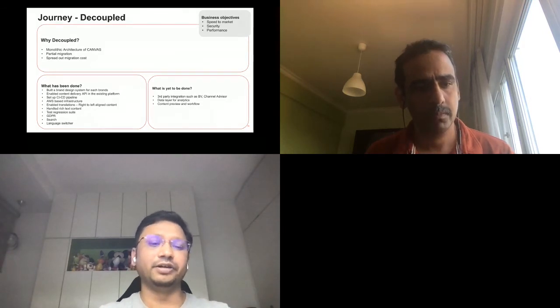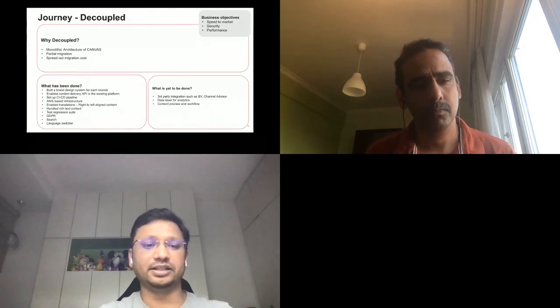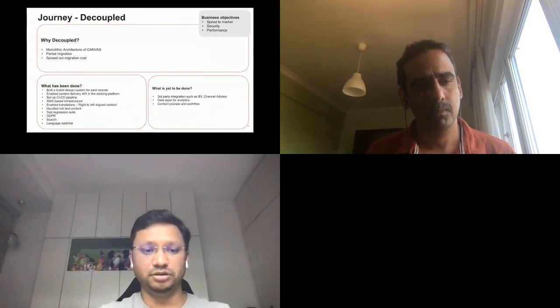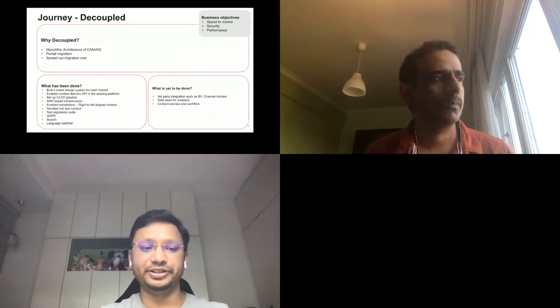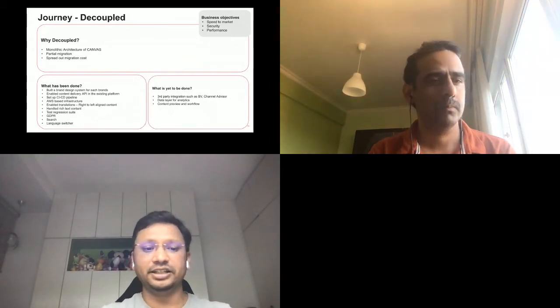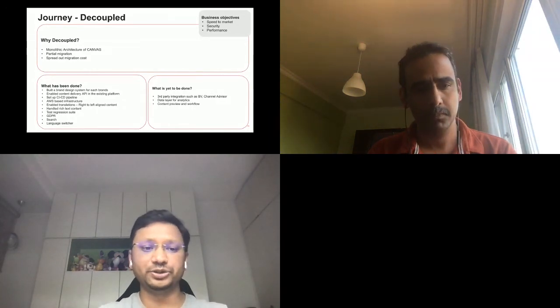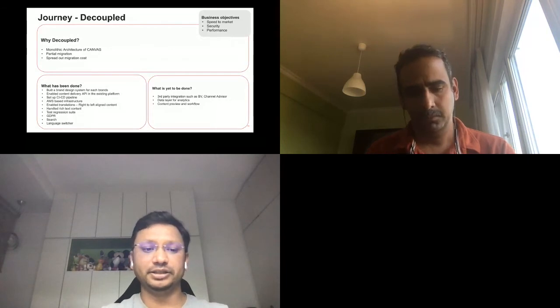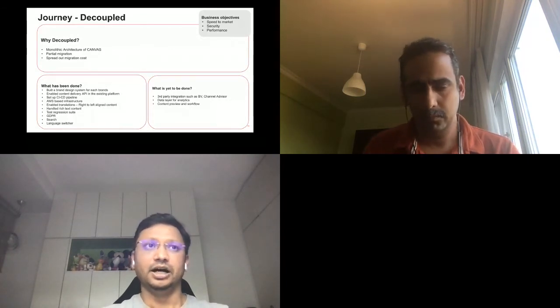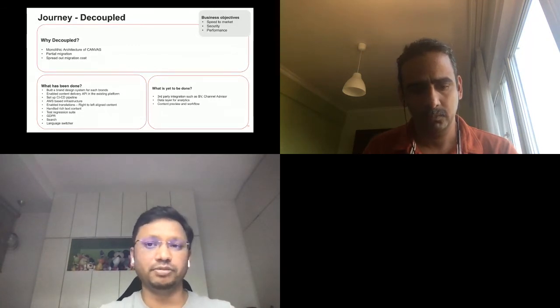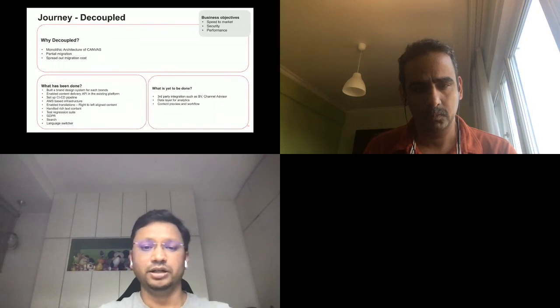There is a requirement to enable translations and right-to-left aligned content for our MENA audience. We handle rich text content, and we achieved the automation test regression suite with this platform. GDPR is a main functionality here. Search from Drupal is enabled, and the language feature, one of the big functions, is also enabled.